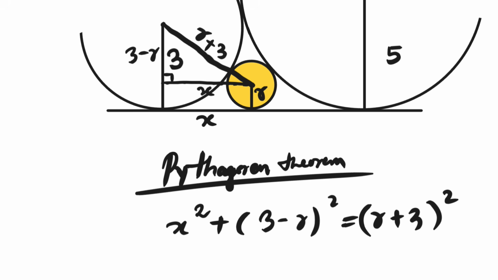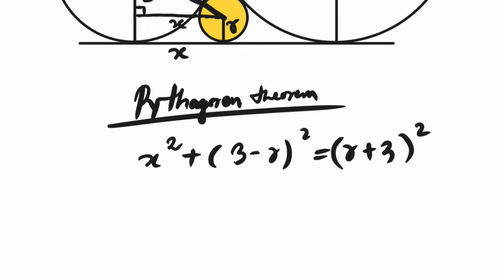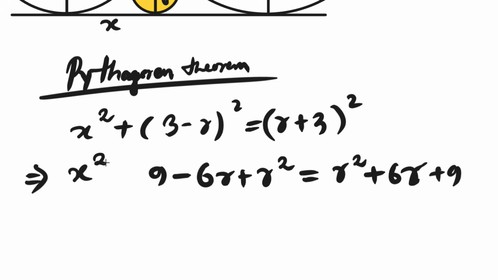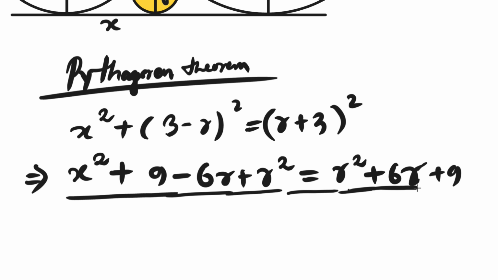The quantity 3 minus r whole squared gives us 9 minus 6r plus r squared. On the other side, the quantity r plus 3 whole squared gives us r squared plus 6r plus 9. Therefore, our equation becomes x squared plus 9 minus 6r plus r squared equals r squared plus 6r